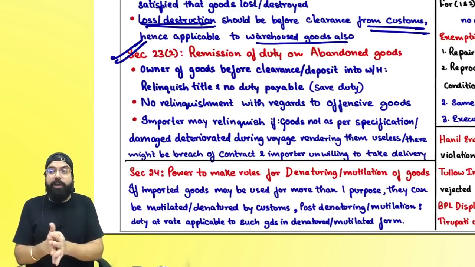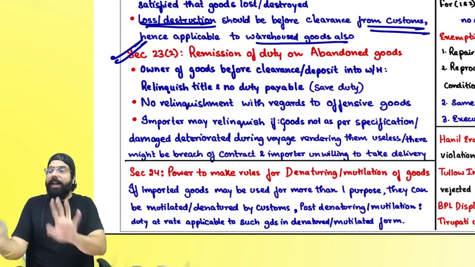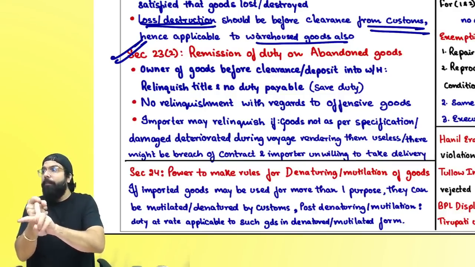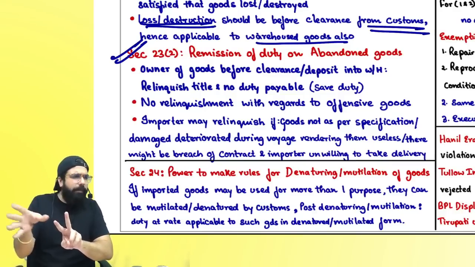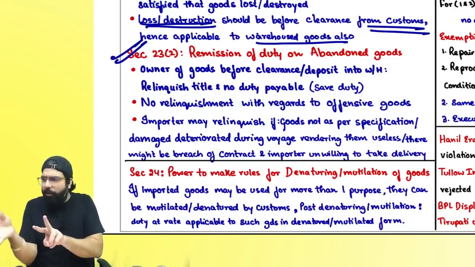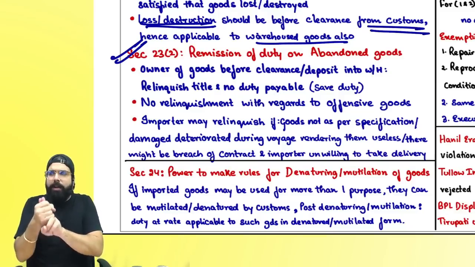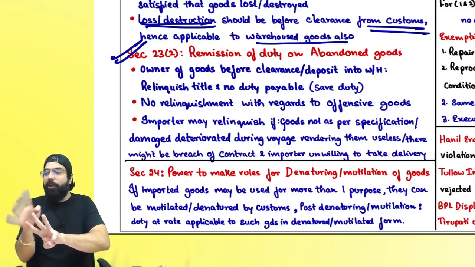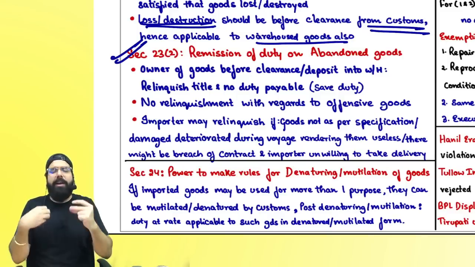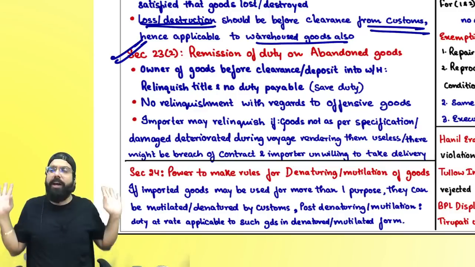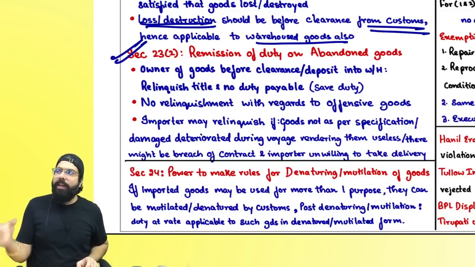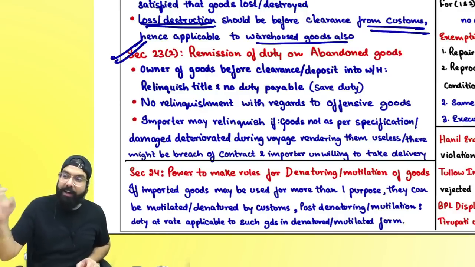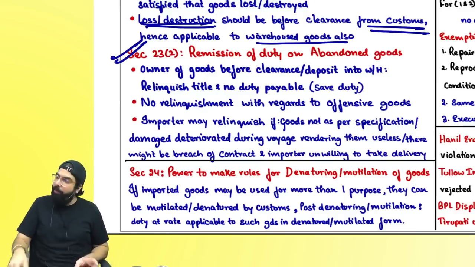The next one is Section 23(2), remission of duty on abandoned goods. If you got some goods from outside India and the goods are not as per specification, or there is some breach of contract, a breach of a term or condition, and you are not willing to take the goods, or when the goods reached India they have been damaged or deteriorated and you don't want to take delivery, leave the goods to customs and they will waive the duty. Always remember one thing, in the case of offensive goods, you can't abandon them. Now they will send you to jail also. Can we go ahead, everyone?